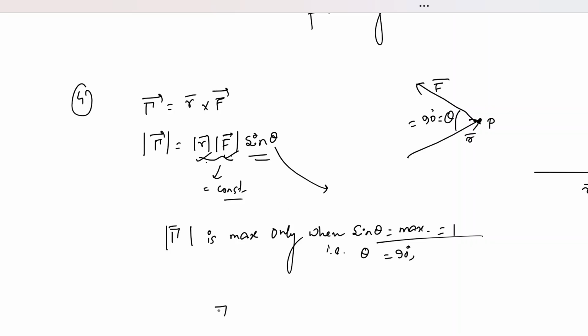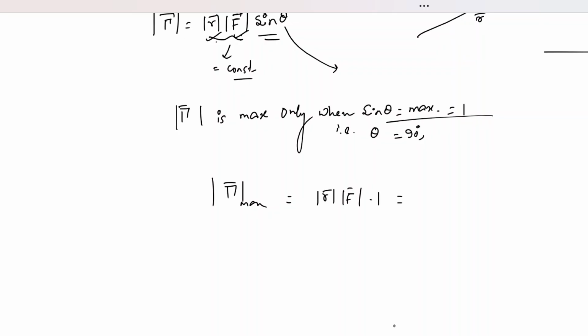So basically, your tau maximum value is nothing but R modulus times F modulus times sine theta, where sine theta is 1 for the maximum value. And now you can directly calculate each of the moduli of F and R. If you look at the expressions given in the question for each of the vectors, you will see that the expression of R modulus is 4 plus 36 plus 100. Basically, I am taking the modulus squared, which you already know.